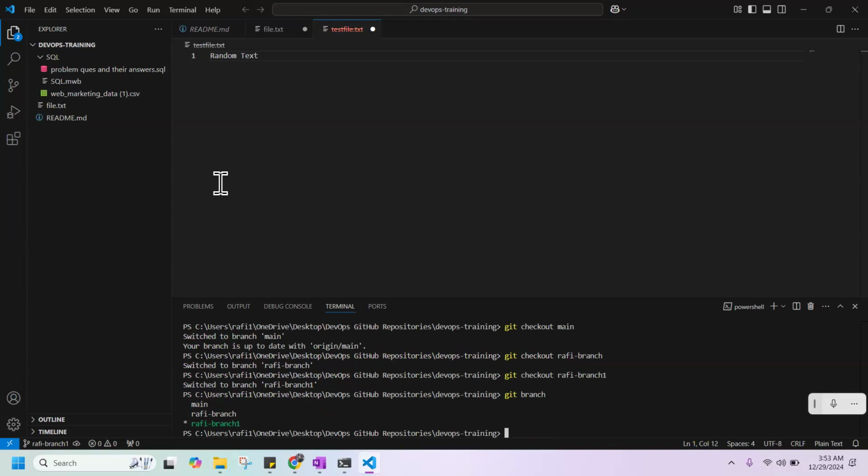Now let's suppose we add another file in that branch. Please add any type of file here. You can make a new one. You can also copy from any local folder and paste it here, whatever you want.